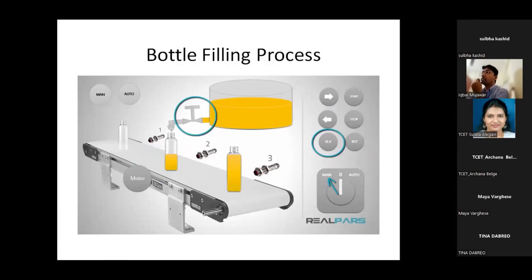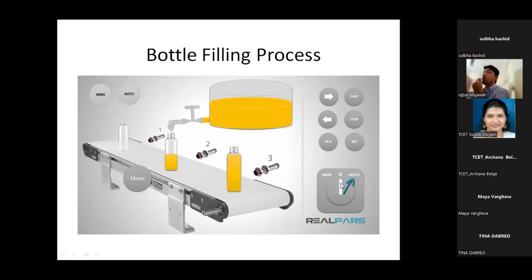And when I press this button, the valve will open. I need to press the forward button, and the bottle will move forward. It will come over here at this location. Manually, I need to stop it, adjust forward and reverse, and then open this valve. This photo sensor will not work in manual mode. In manual mode, I need to control only forward, backward, and valve control. Only these 3 switches control the entire process.